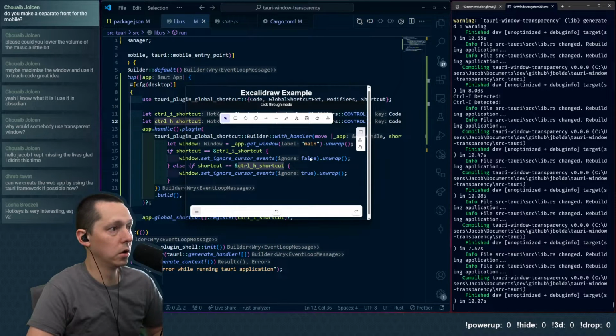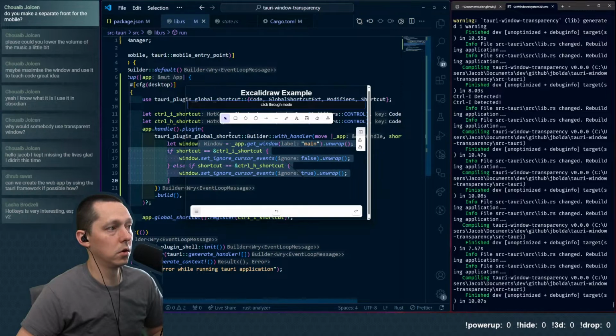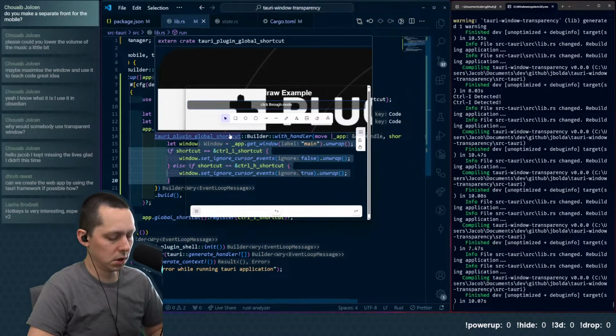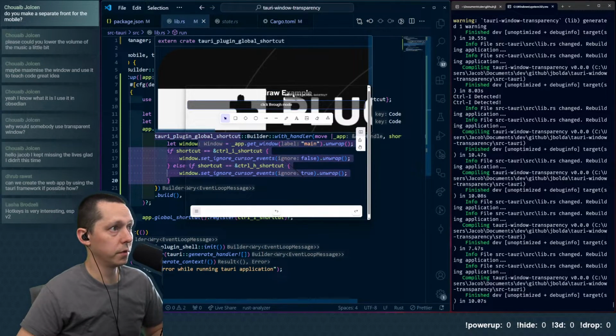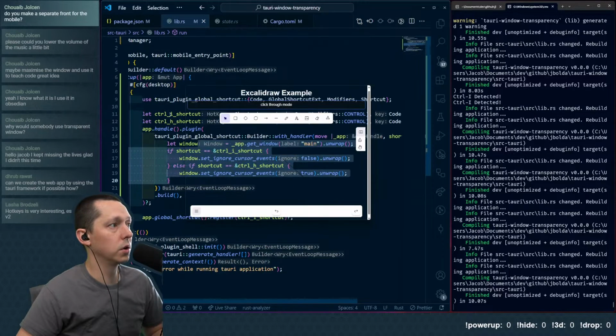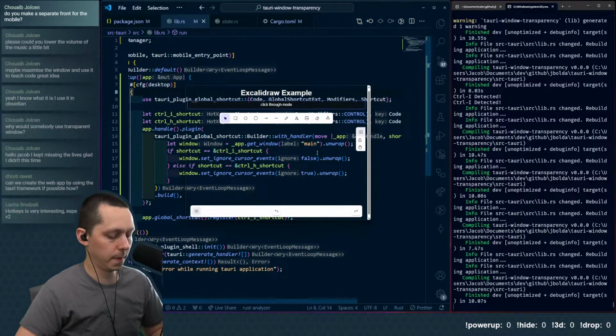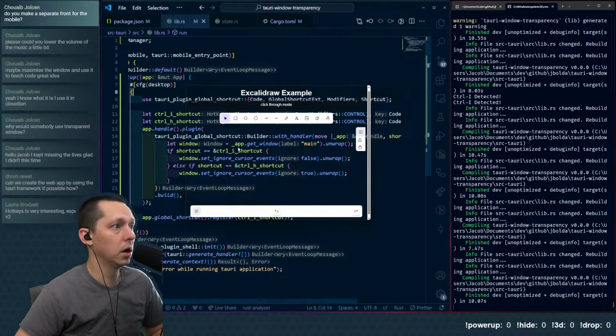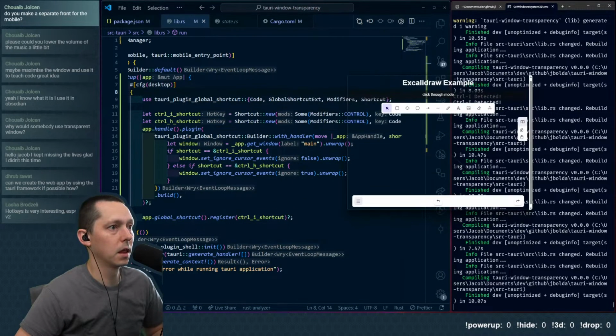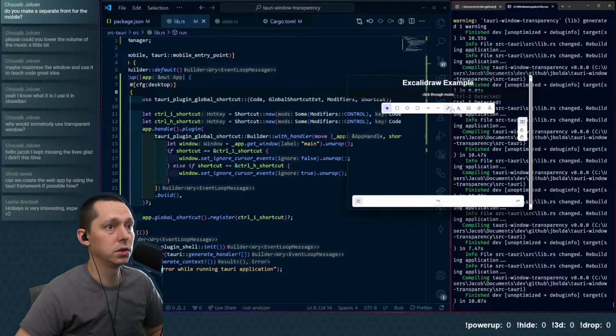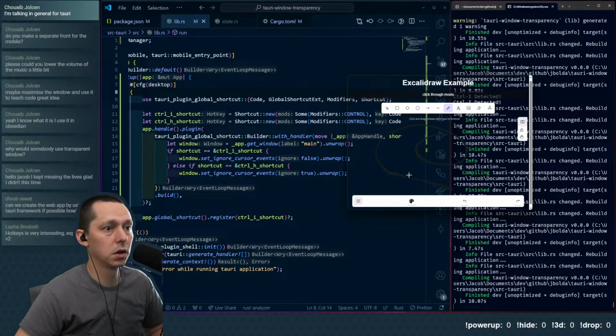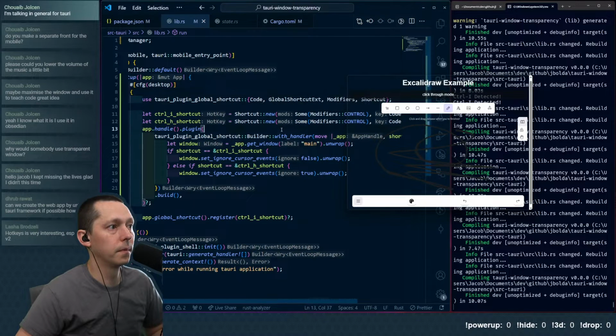Okay. So click-through mode. It seems like it's potentially something with the focus. So right now I can't interact with it at all. I do Control I, and now I can interact with it. If I do Control H, I still can interact with it. Control H, but Control H is in this program now, so